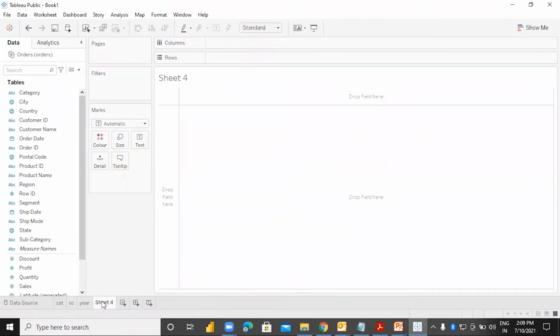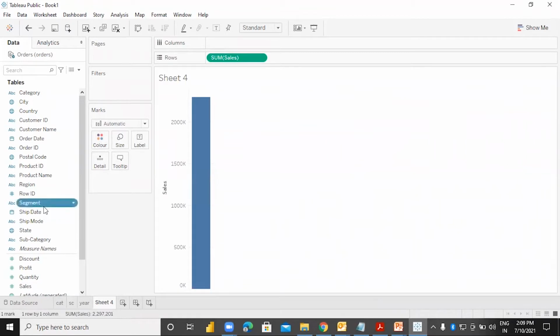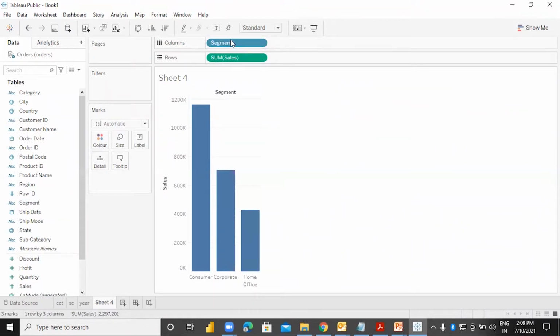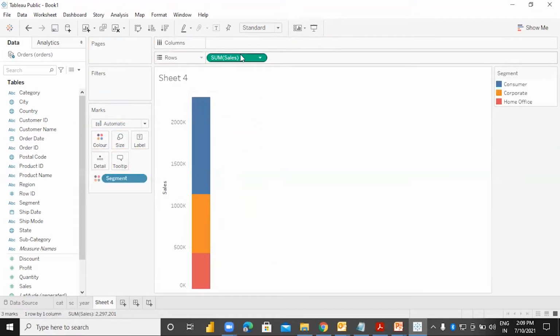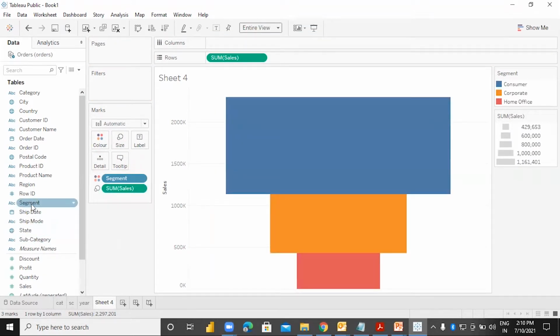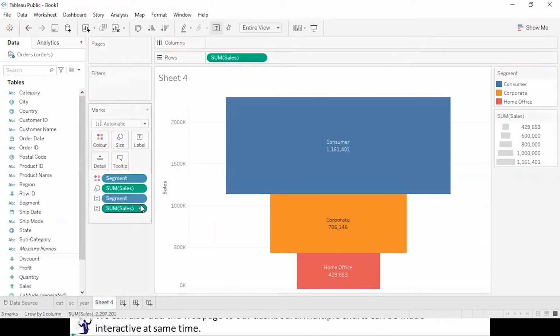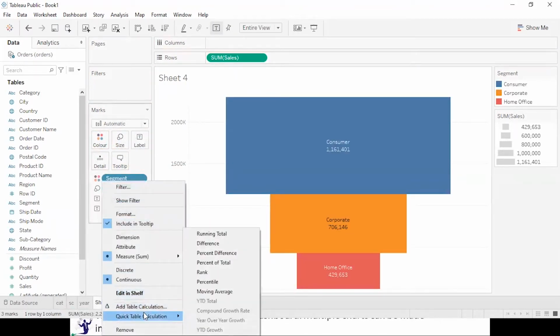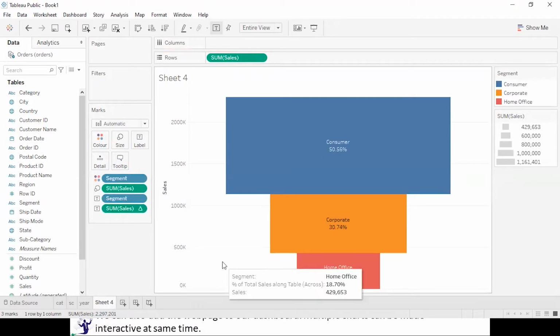Let us take another one where we would like to display the sales on the basis of segment, putting the segment into the color and sales into the size, making it an entire view, putting the segment into the label and sales also into the label, putting the sales as quick table calculation and percentage of total.